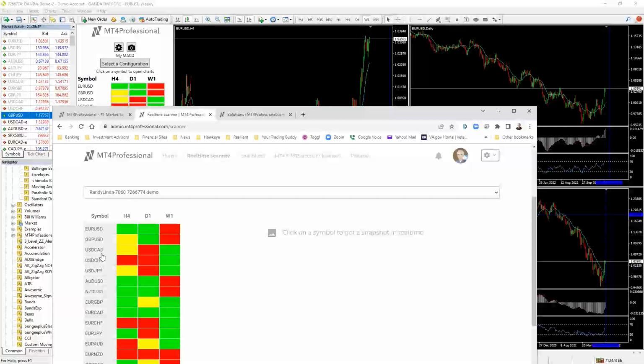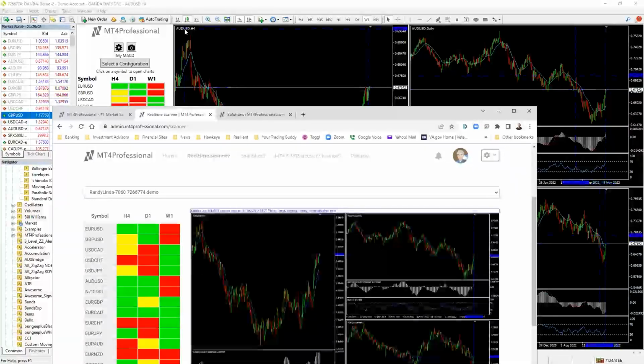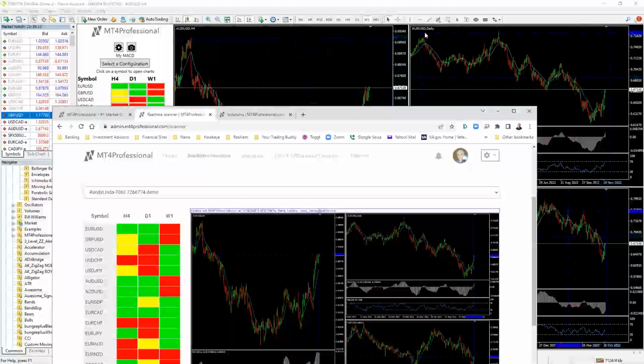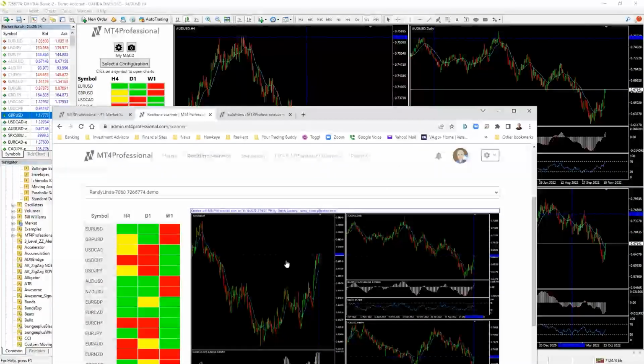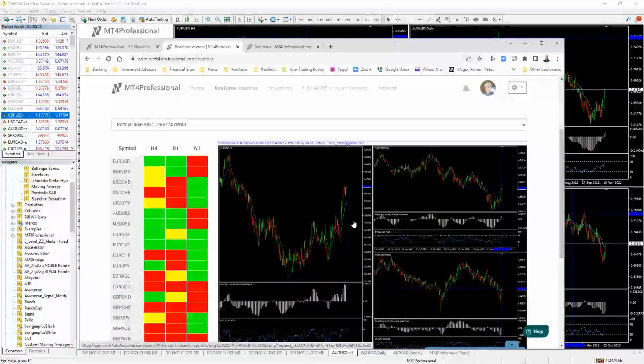And if there's one that I particularly like, if the setup is looking good, then all I have to do is just click once on the mobile device. Notice it automatically changes the symbol on the laptop, on the desktop device, and it gives you a snapshot on the mobile device so that you can see the current setup and see that, yes, indeed, it is in a bullish state that I'm interested in taking as a longer term trade. So that's the idea behind the setup.